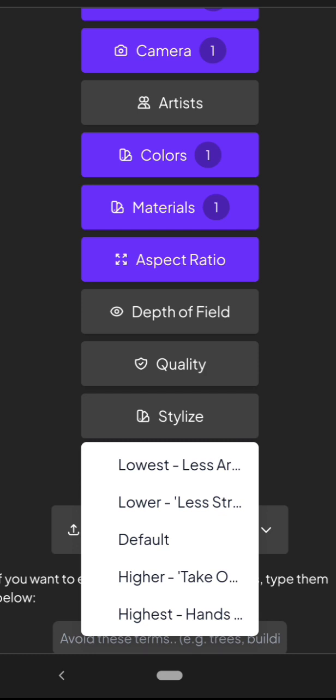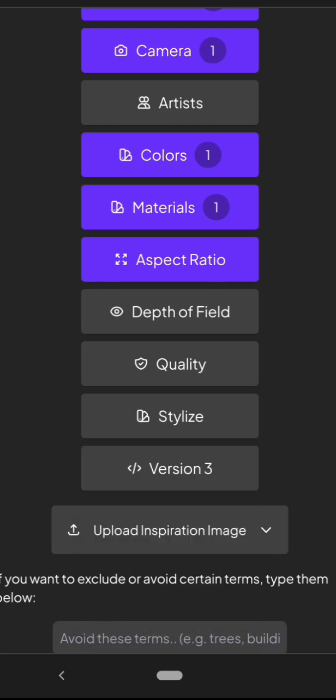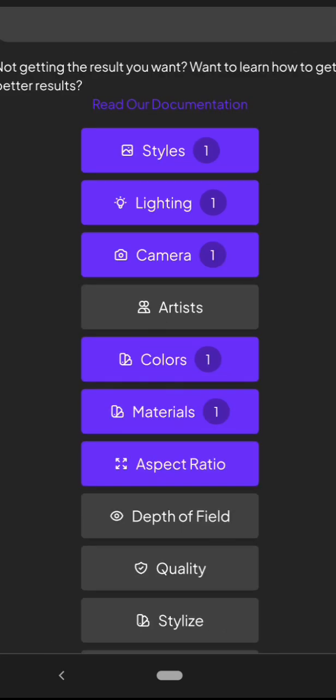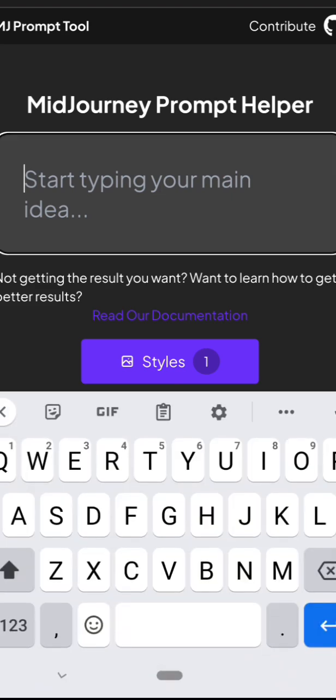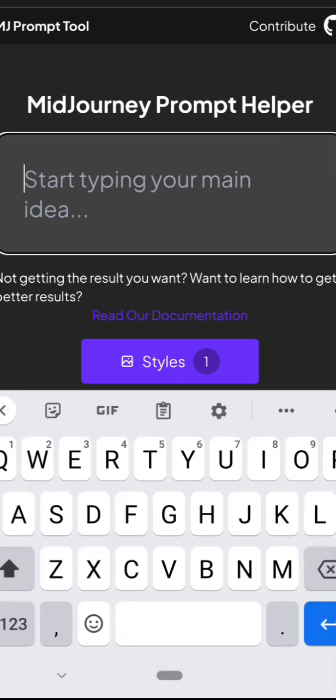Stylize. Lowest, less artistry, less structure. I'm going with default on that one. All right, so we have cartoon, we have glow stick, we have RGB, we have all that, and what can we go with? I am going to go with a rally car